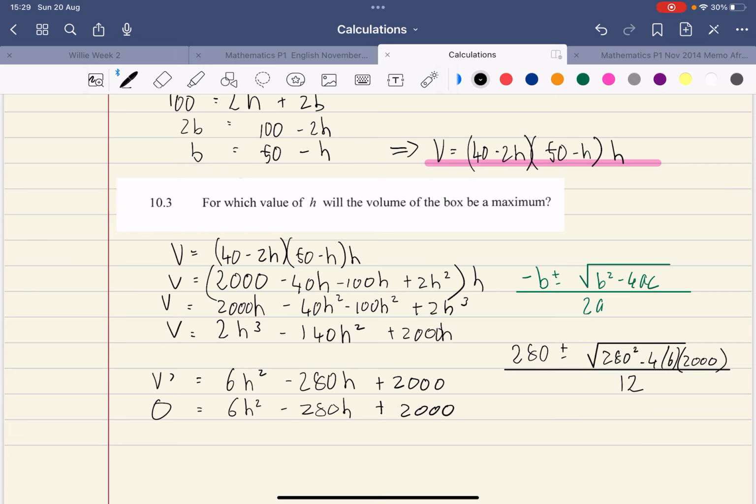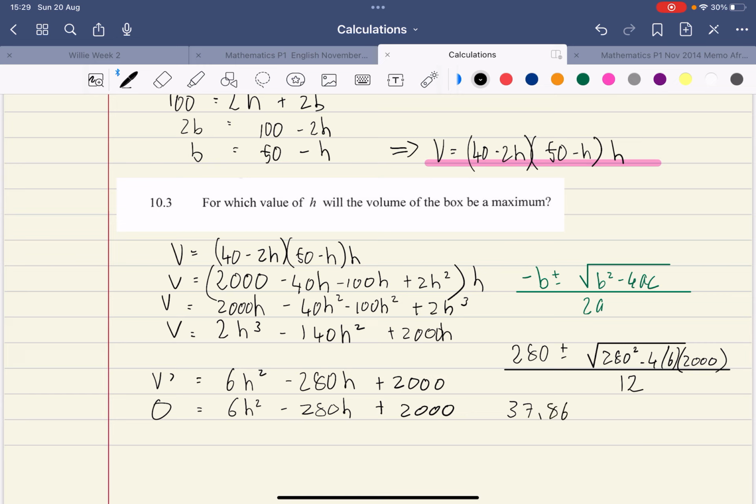Fantastic. Now we can use our calculator to solve this. So 280, I'm going to do the plus first, so 280 squared minus 4 times 6 times 2000 over 12. And I am left with